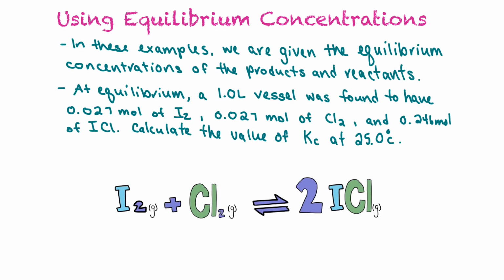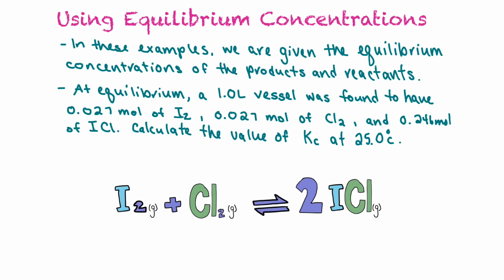So the first way we can solve for the equilibrium constant is using the equilibrium concentration. We actually touched on this in our previous video. In these examples, we're given the equilibrium concentrations of the products and the reactants. In this example, we're being asked to find the value of the equilibrium constant at 25 degrees Celsius when we put 0.27 moles of iodine, 0.027 moles of chlorine, and 0.246 moles of iodine chloride into a 1 liter